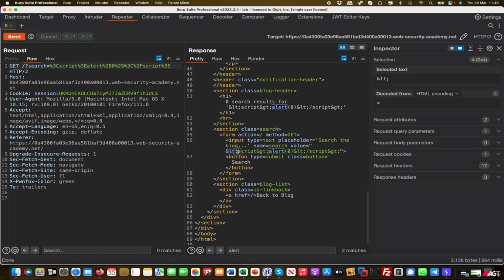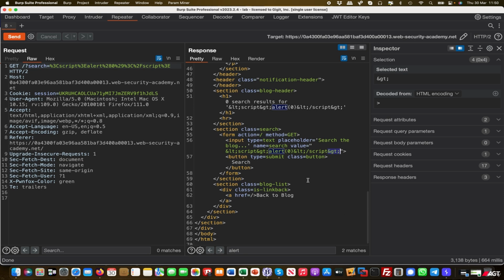So if you see the percentage LT, and those percentage GT, which is the closing bracket and stuff like that, that means it's encoded, so they are taking precautions against cross-site scripting attacks. Nonetheless, it's still vulnerable,